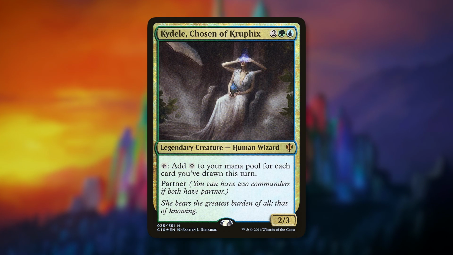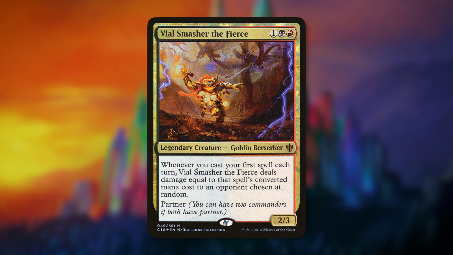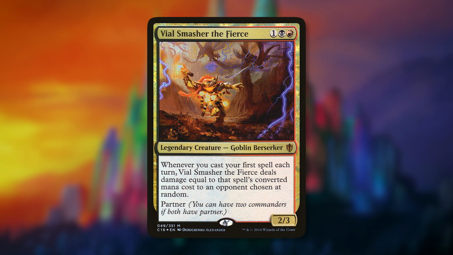Also in Simic was the included Kaldheim, Chosen of Krufix. Tap, add generic mana for each card that you've drawn this turn. And lastly in this precon was Vial Smasher the Fierce. Whenever you cast your first spell each turn, choose an opponent at random. Vial Smasher the Fierce deals damage equal to that spell's mana value to that player or a planeswalker that player